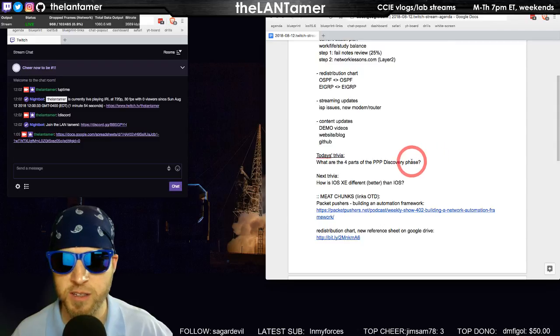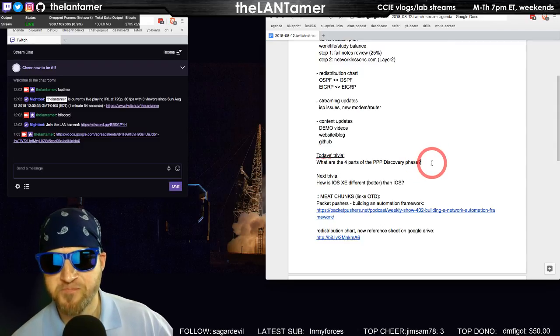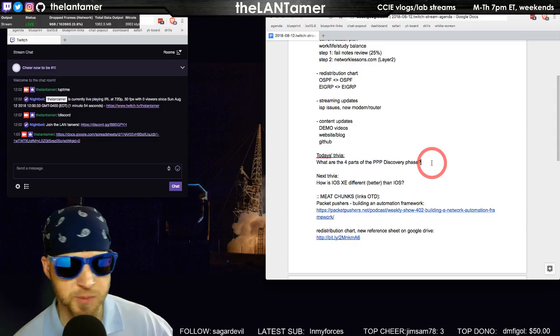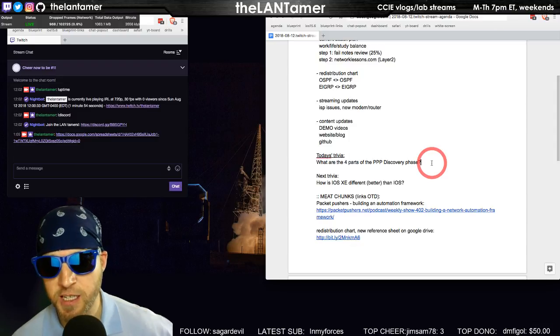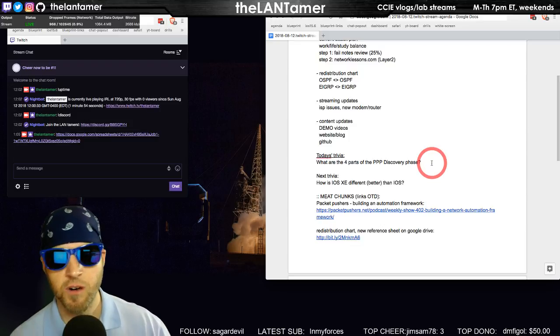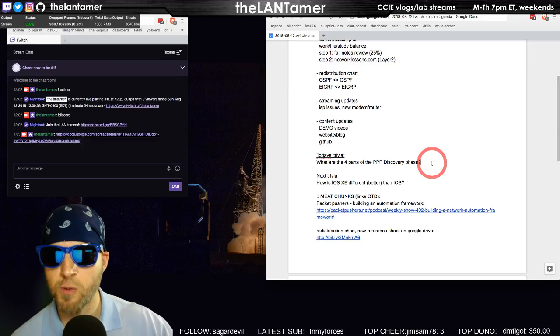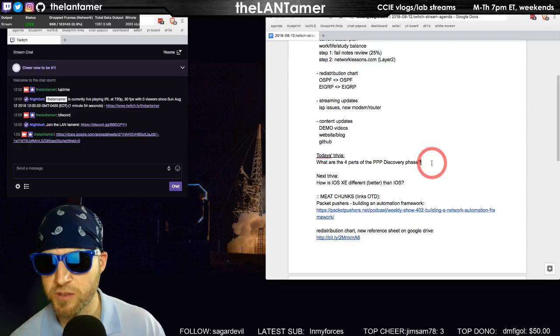Because in PPPoE, you need that discovery phase because you could be getting frames reflected back to yourself, or you could be on an Ethernet segment and you want to make sure that you're initiating with the correct host.